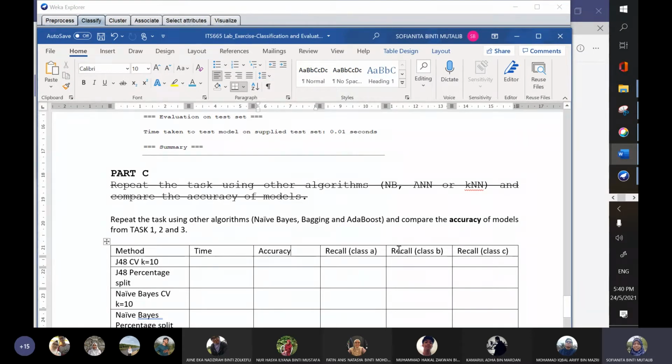I'm using recall because I want to know which class is detected better, whether it's class A, class B or class C.